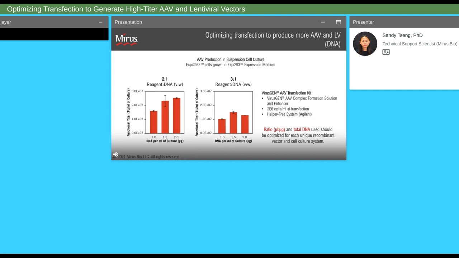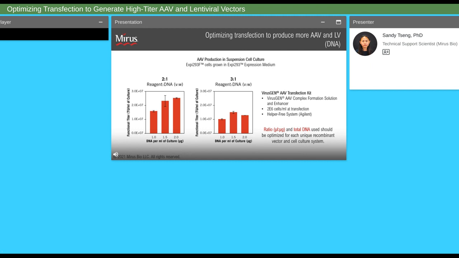In this experiment, I'm highlighting the effect of the ratio of reagent to DNA, so microliters of reagent to micrograms of DNA, as well as the amount of DNA that's used in the transfection. So these were AAV production experiments performed in suspension 293 cells with the enhancer in the VirusGEN AAV kit. In this experiment, we looked at 2 ratios, 2:1 or 3:1, and a 1 to 2 microgram of DNA transfected